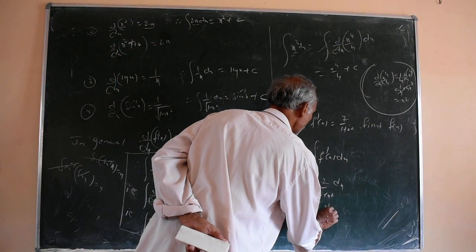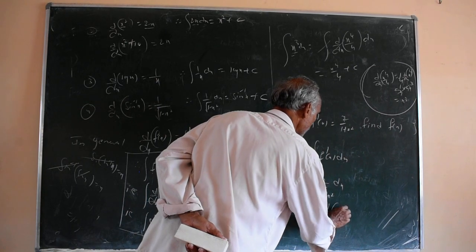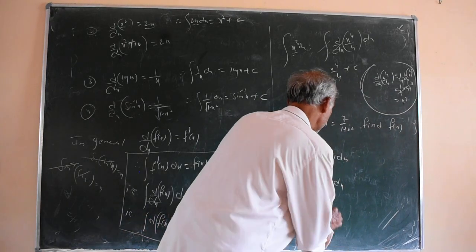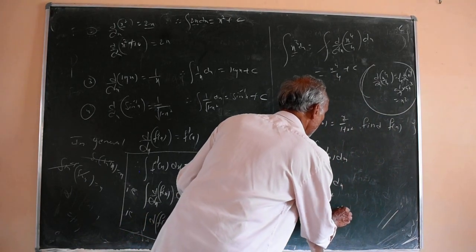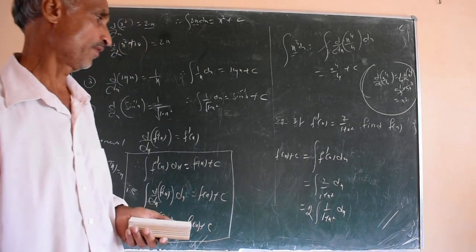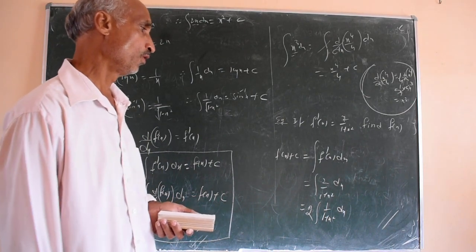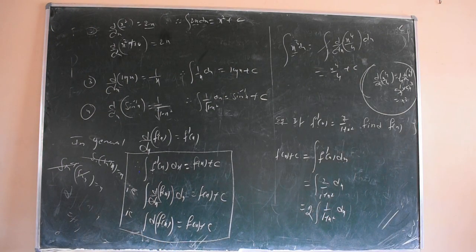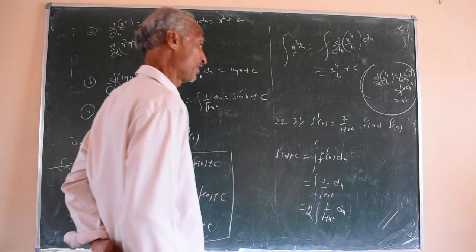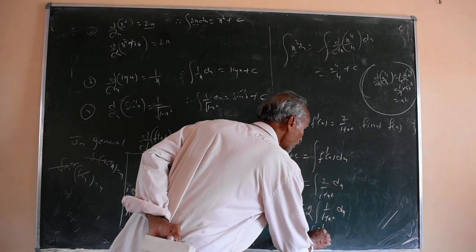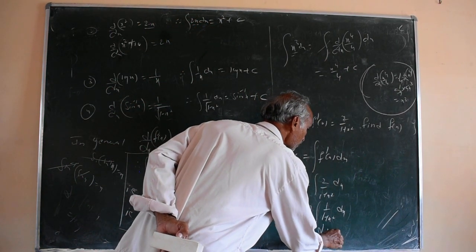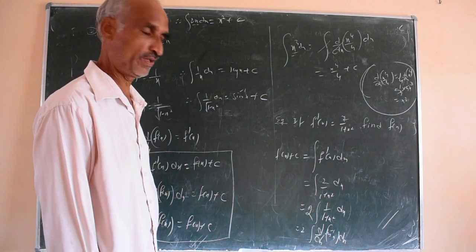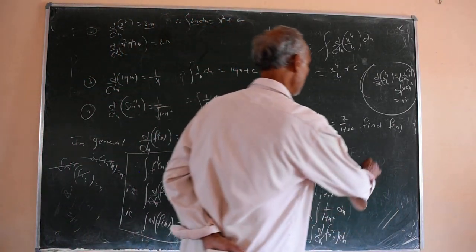It is d by dx of what? Tan inverse x. So it is 1 upon 1 plus x square. A constant can be taken outside the differentiation. 2 into integration of 1 upon 1 plus x square dx. What is 1 upon 1 plus x square? It is the differentiation of tan inverse x, d by dx of tan inverse x. The differentiation of tan inverse x is 1 upon 1 plus x square. Therefore,